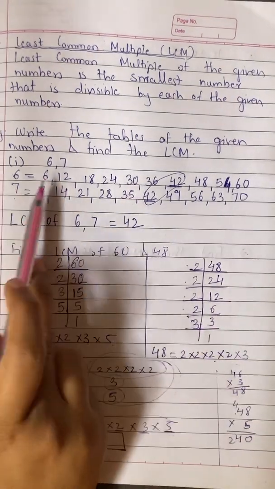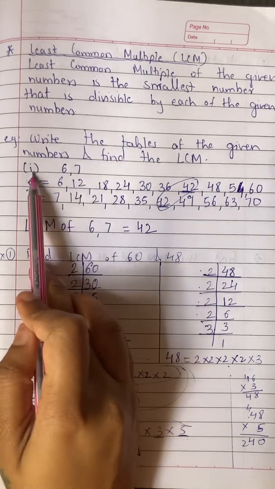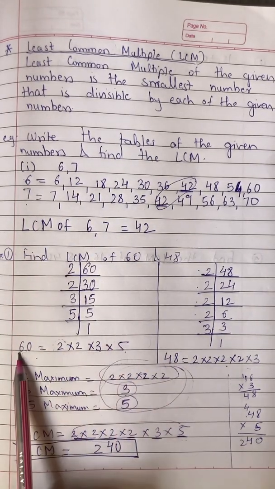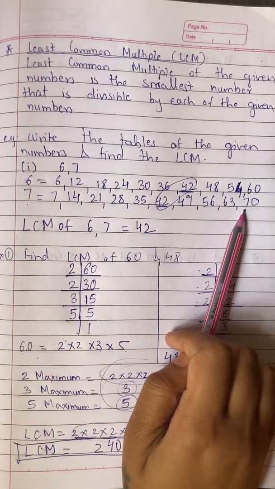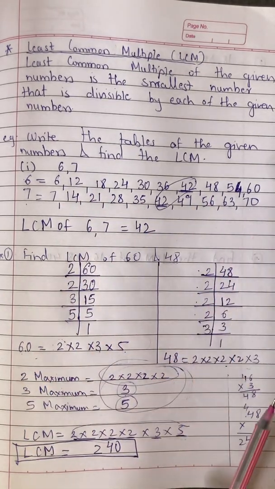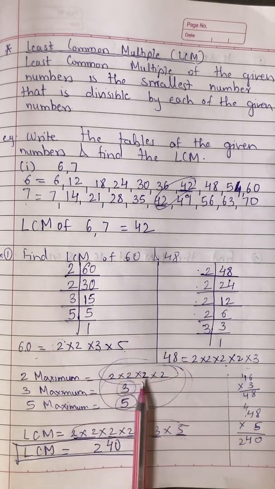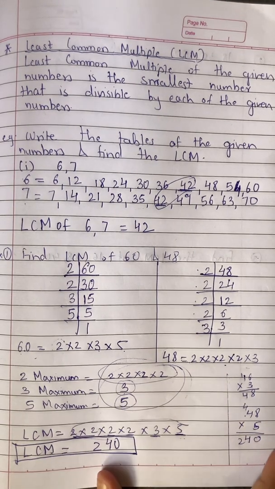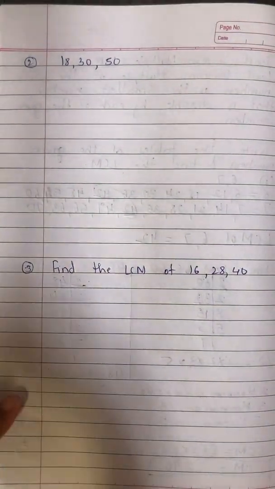Okay, so students, if you see properly, this method which you were using in standard 6 was for small numbers. But now if you have to find out LCM for big numbers, you cannot sit writing tables, na? You have to know that table and it will waste a lot of time. So the easier method is this method. I hope you have understood. This is very easy. So we will solve one more example to learn more perfectly how to find out the LCM.